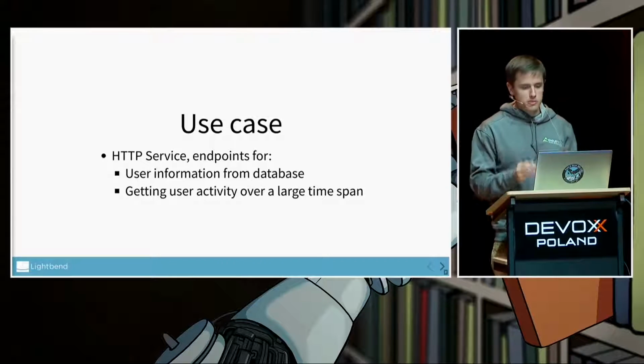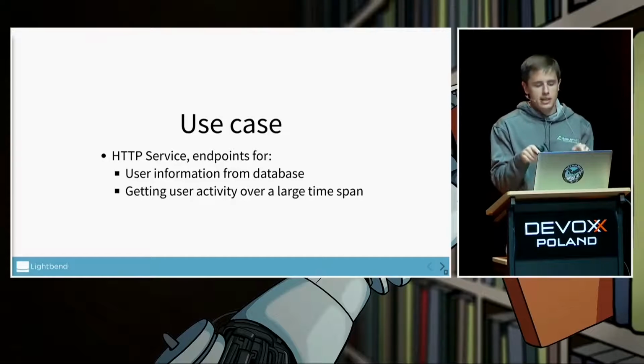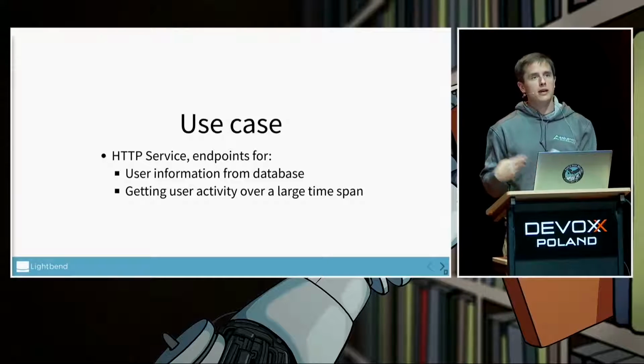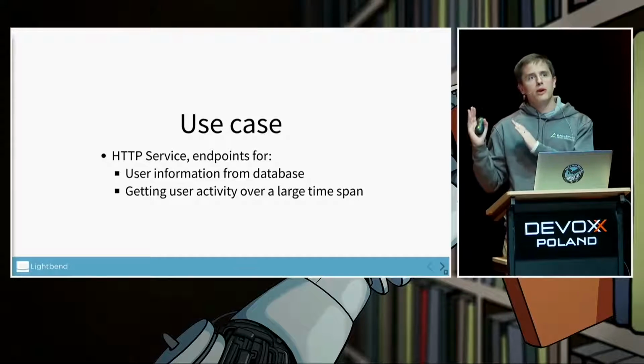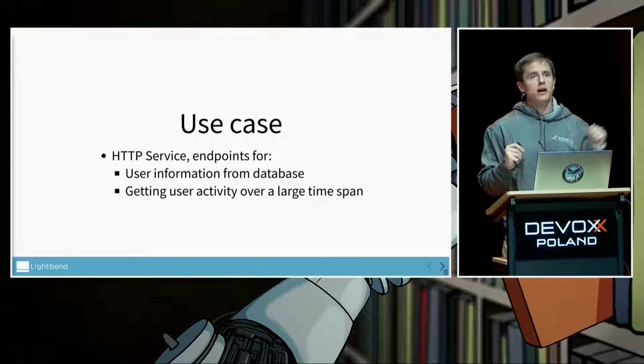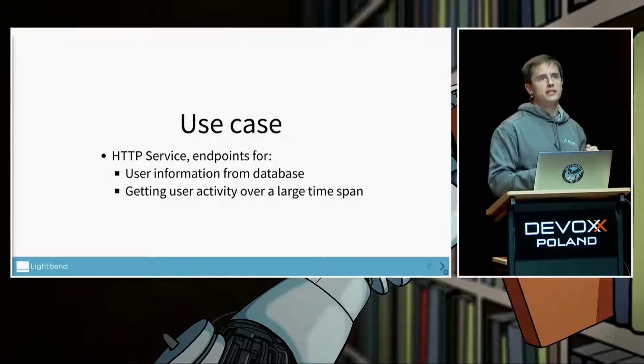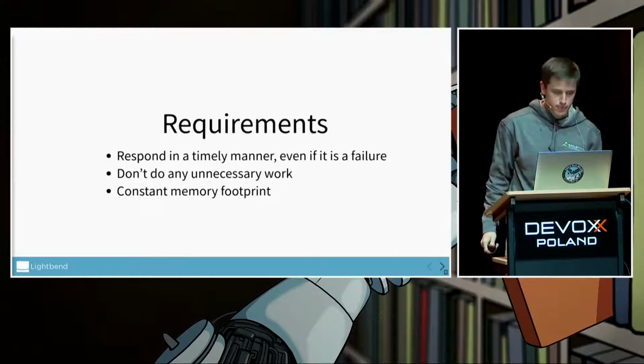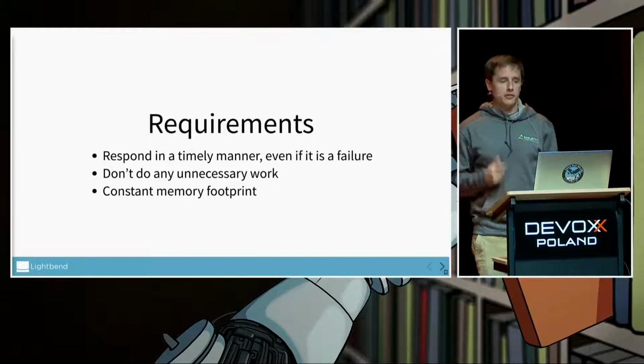So I've got a little small database running Apache Cassandra on my laptop, which I'm going to use, and it's got many gigabytes for certain users. So we can make a request in, and then we're going to show how we're going to use a very small heap, and we're going to change how quickly the client reads the data and see that flow all the way through to the database. And we're going to hope that it's going to respond in a good time, even if it's a failure.